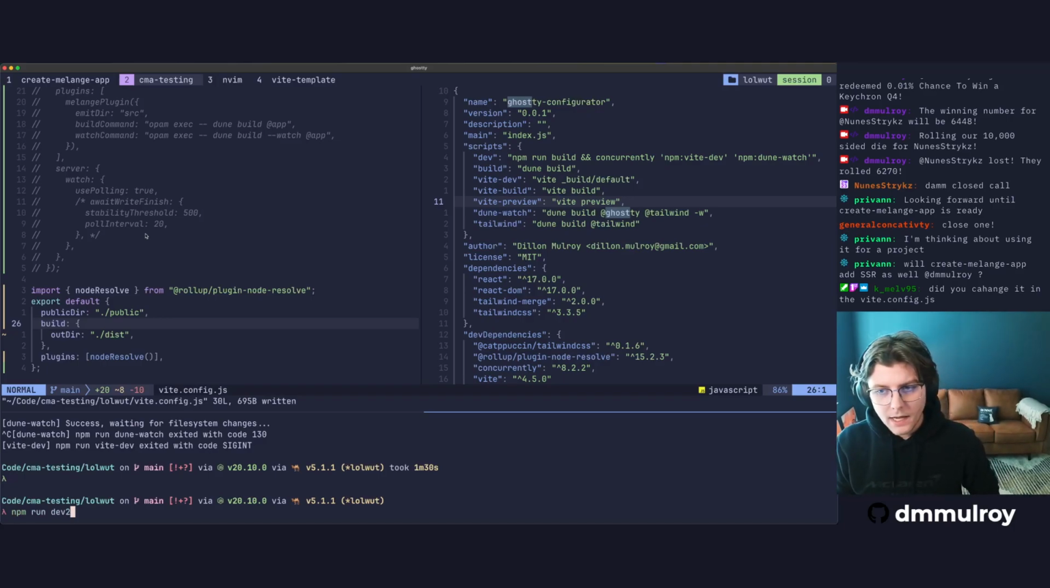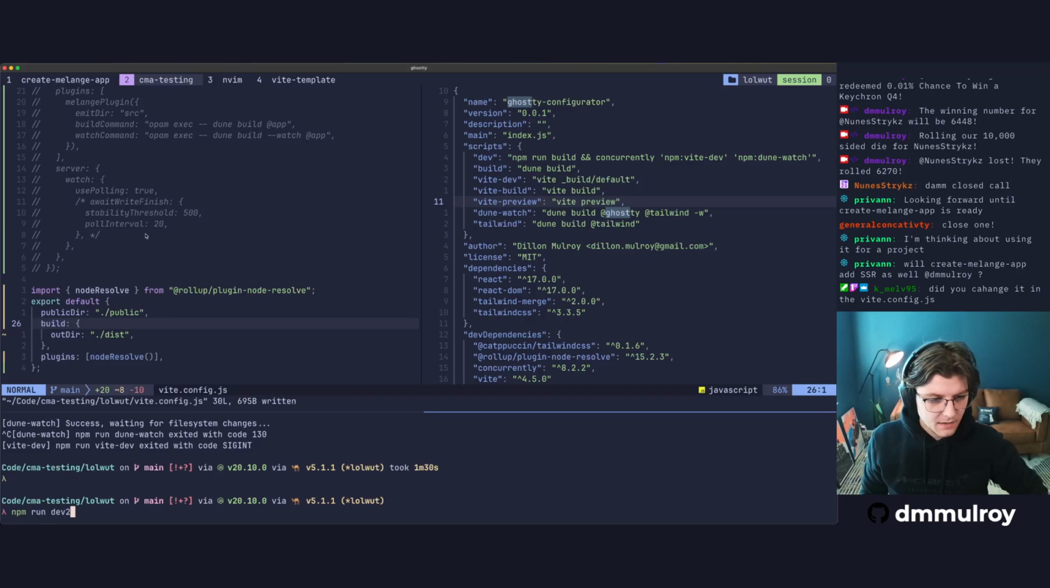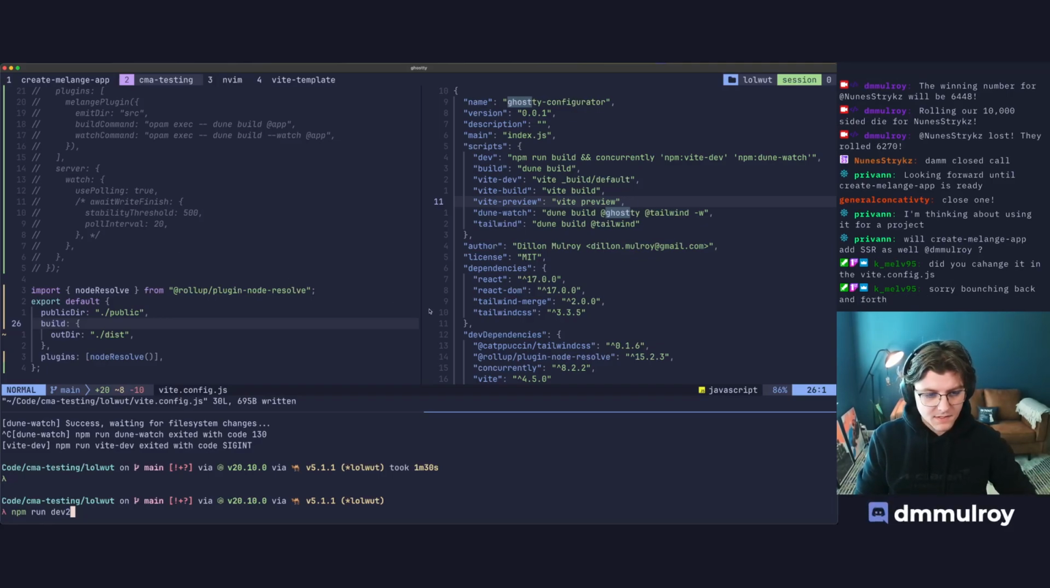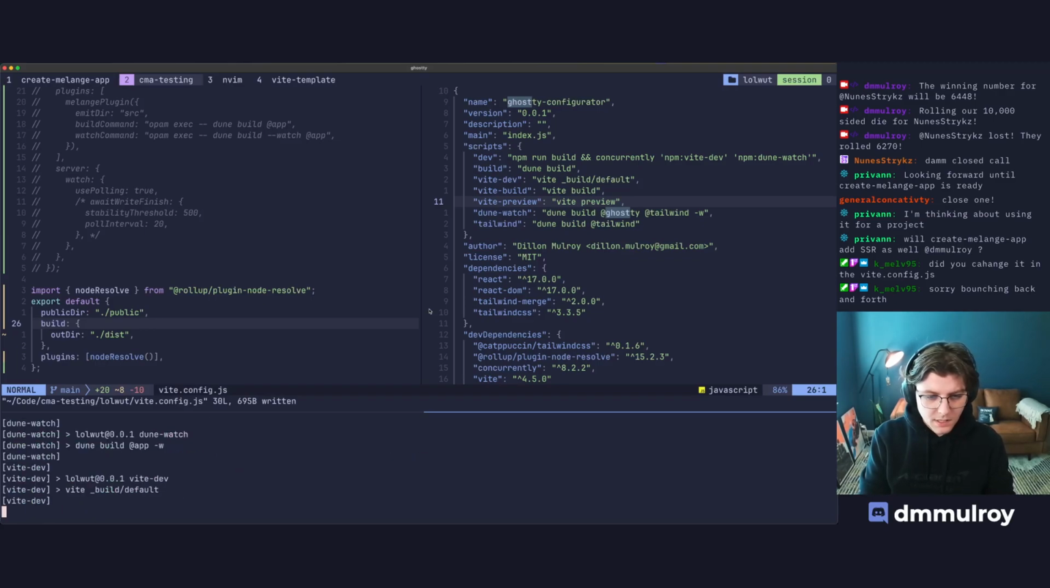Yeah, we probably will add the ability to scaffold full stack apps with Dream and server rendered stuff like Dave has done in the past, but probably not until